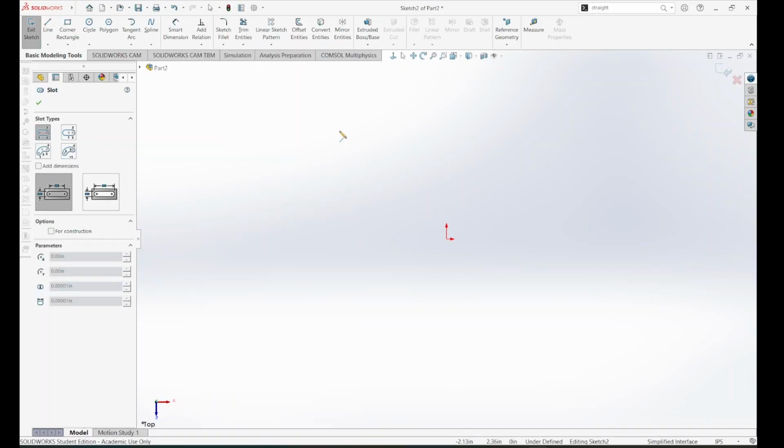Perfect, let's do that. So on the left, we can see the way that we're going to create our slot. We want a straight slot, so not one of these two curved ones. And let's do it with the two centers of those hemispheres almost, and then just an outside thickness. So let's go ahead, and it normally is helpful to follow these dashed horizontal lines, so that way we can keep our design straight. So let's click one, let's just click on the other, and then let's make it some